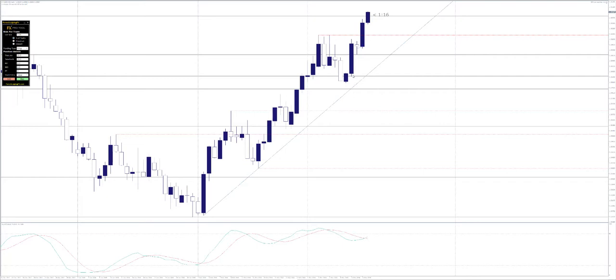So around this area, we had this little candle, which was particularly strong for me. So if we put a line on this one and we turn back on the 4-hour chart,